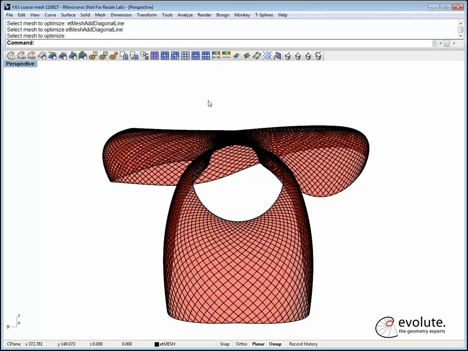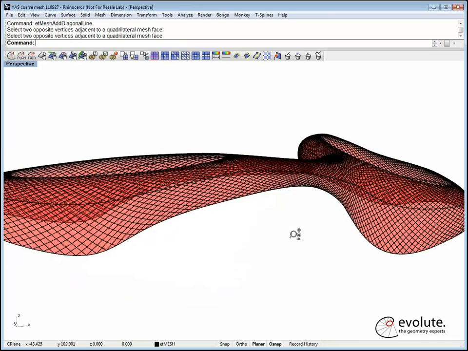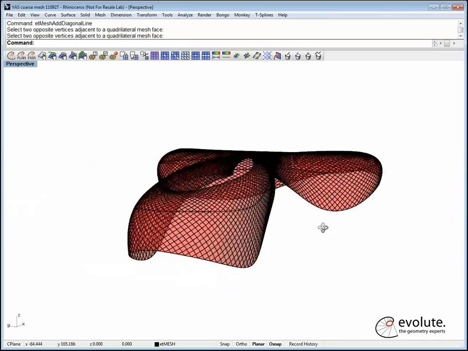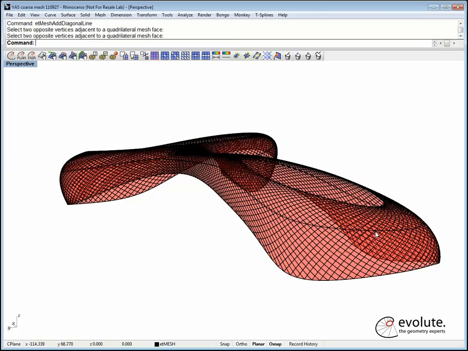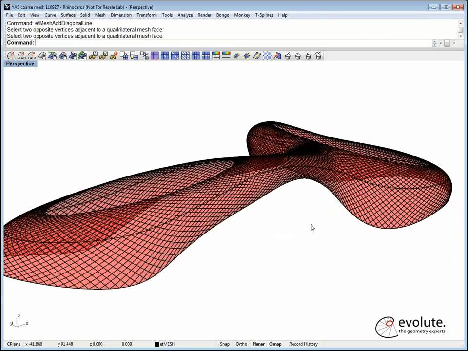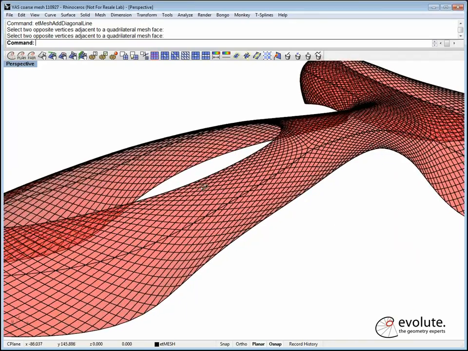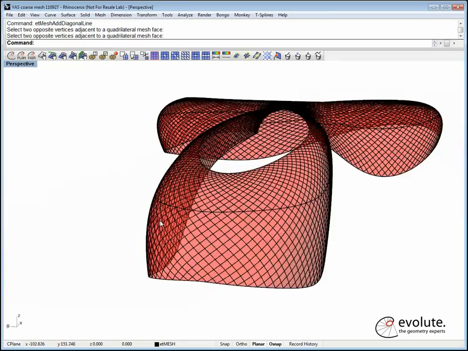What did I do? Oh, I did the optimize. Okay. I'll just add a diagonal line. So this is a nice way to get some local subdivision. I think this line actually represents one of the structural members of the grid shell. Alright, so this is nice and uniform. I'm pretty happy with it, and we can actually move on to use a different coarse mesh